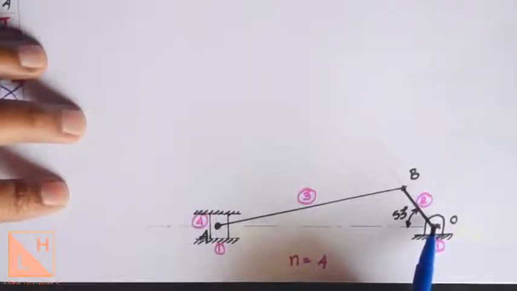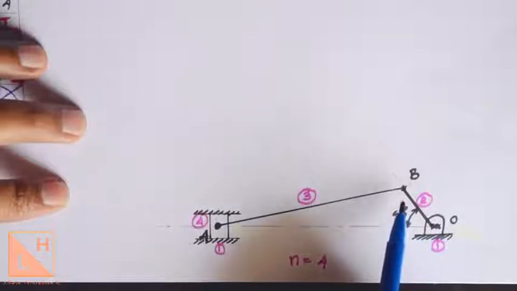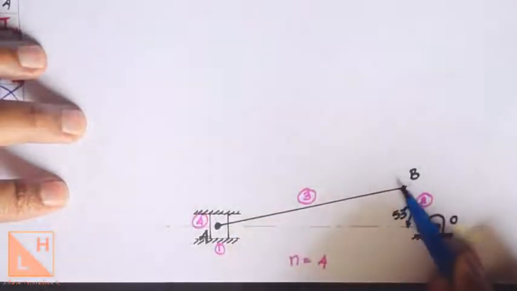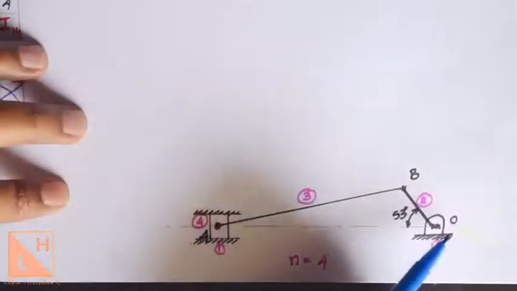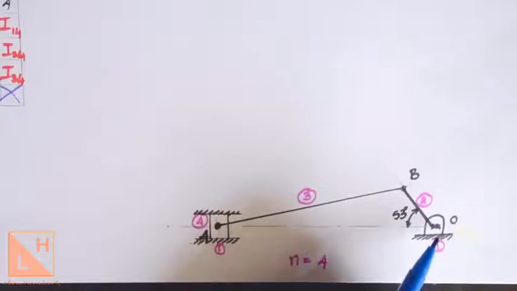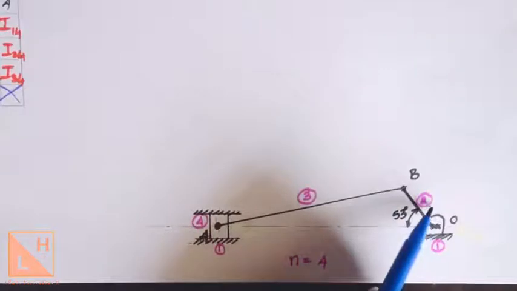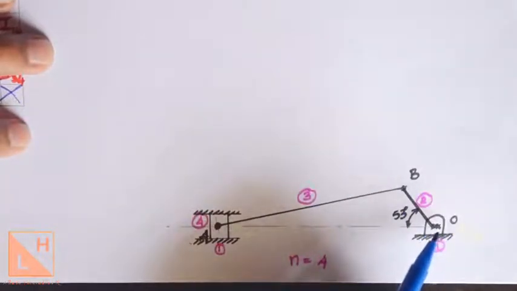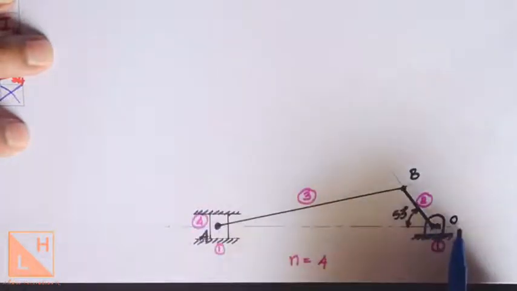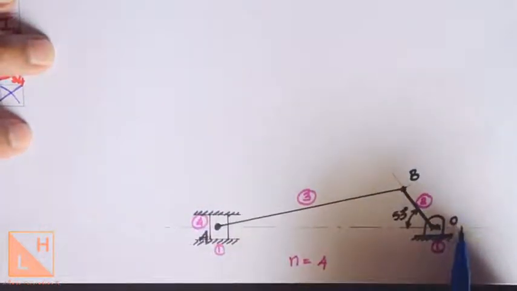Now look at point O, right? It is a center of rotation for link number 2. This link number 2 is going to either rotate or oscillate during the operation with respect to point O. Now point O actually belongs to link number 1 and the crank itself is nothing but link number 2. Now it is clear that link number 2 is actually moving with respect to link number 1. So this is the first fixed instantaneous center that you are going to find. So this point will give us the first fixed instantaneous center, which is given as I12.